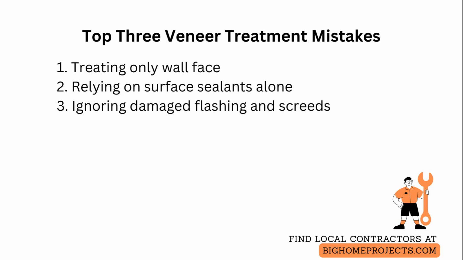Common mistakes include treating only the wall face and not the cavity, which leaves retreats for termites. So always drill to the cavity and inject along the full run of the void to ensure treatment reaches the sill and framing. Relying on surface sealants alone can trap moisture or hide active infestations, so combine sealing with inspection